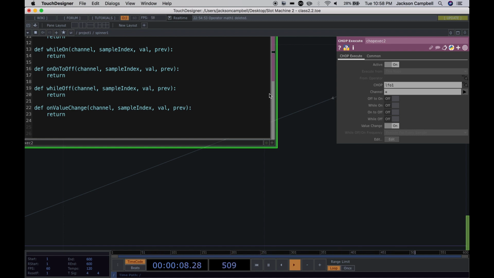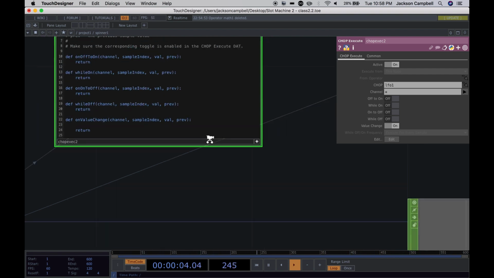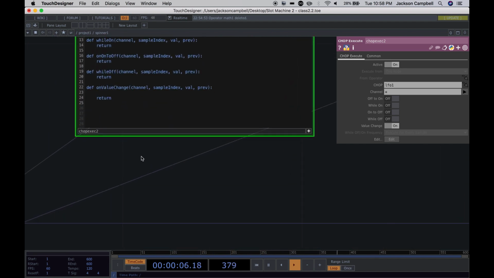Okay, great. So what we're going to do is, down here on value change, we're going to add some code. So go ahead and make this viewer active. And let me zoom out. There we go. Make sure you put a tab in. And now I'm going to define a variable here. I'm just going to call it x for simplicity. And I'm going to say x equals